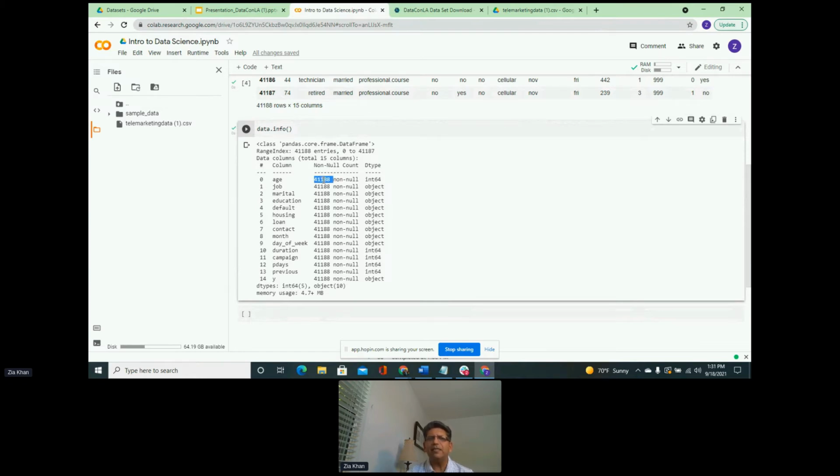Non-null meaning that this data is filled in. So 41,188 values are filled in. And if you look at this number and this number, because they both match, that confirms that in the column age, we have nothing missing. So we have no missing values in this.